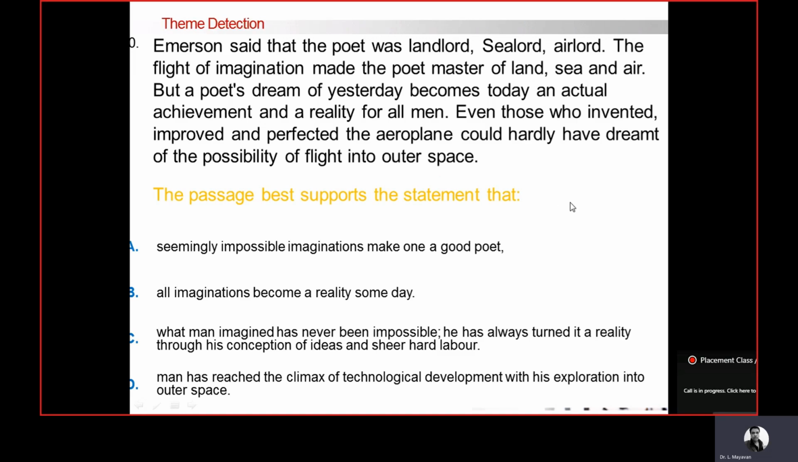Let's move on to question 10. Emerson said that the poet was landlord, sea lord, air lord. The flight of imagination made the poet master of land, sea, and air. But the poet's dream of yesterday becomes today an actual achievement and a reality for all men. Even those who invented, improved, and perfected the aeroplane could hardly have dreamt of the possibility of flight into outer space. The passage best supports the statement that